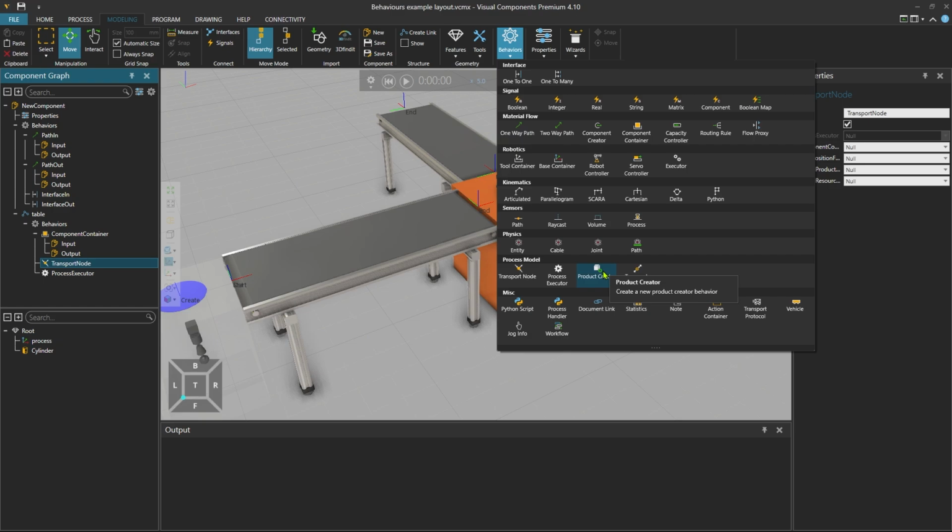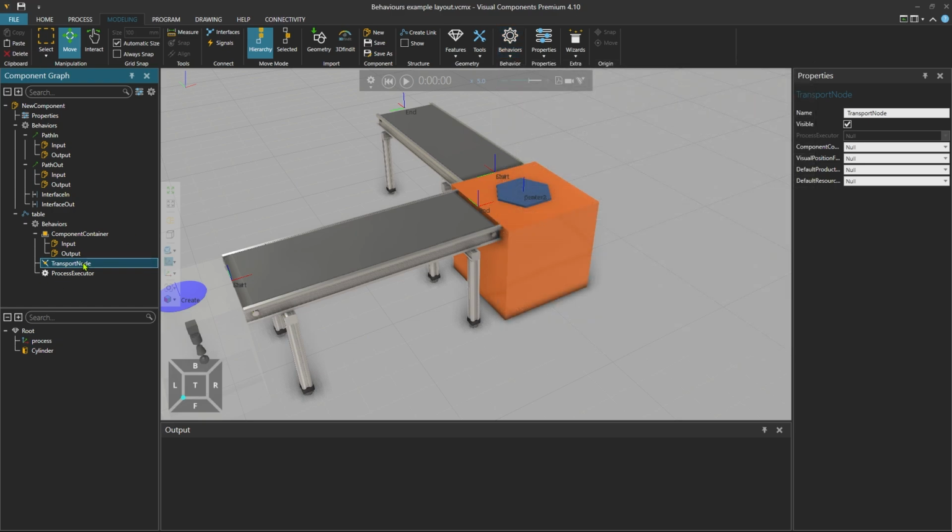This feeder is connected to, for example, the path behavior's input port and will publish its properties to the component properties, from where we can select, for example, what product is created and moved to the conveyor and at what interval.